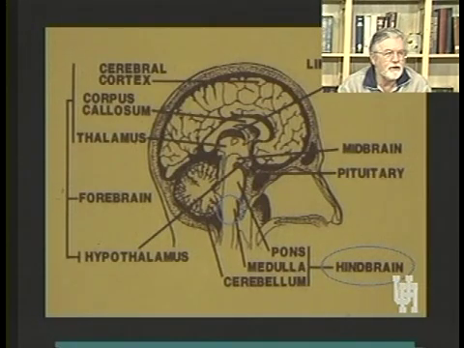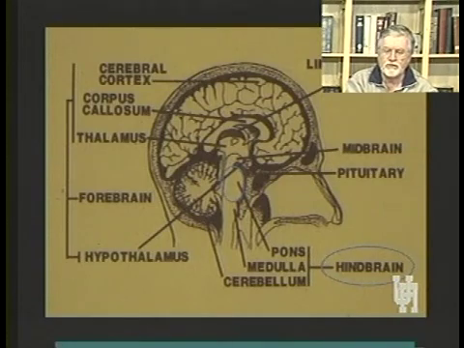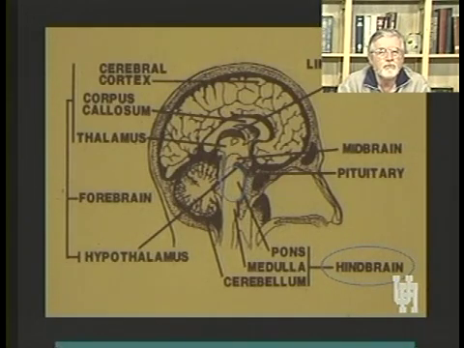The very lowest area of the central nervous system is the medulla, and that is where our heartbeat and our breathing rate are both controlled. The very most basic processes of life are the very first things that are controlled as we work our way up through the brain. The second area then that we contact is the pons. The pons is the next further enlarged swelling, the second area to be encountered as we're moving up through the spinal cord. And in essence,